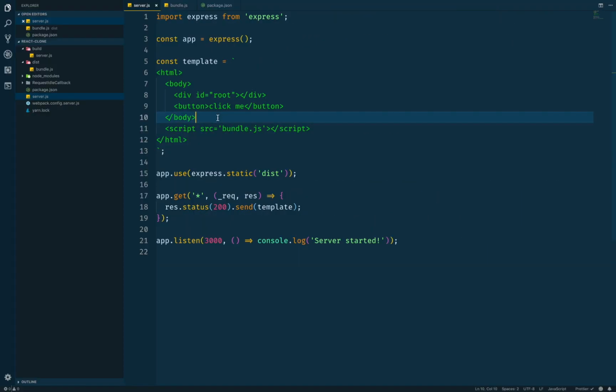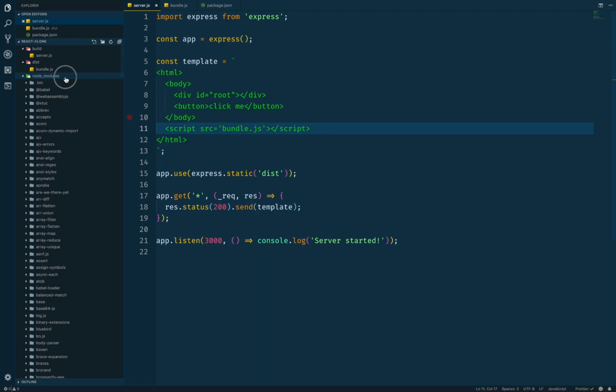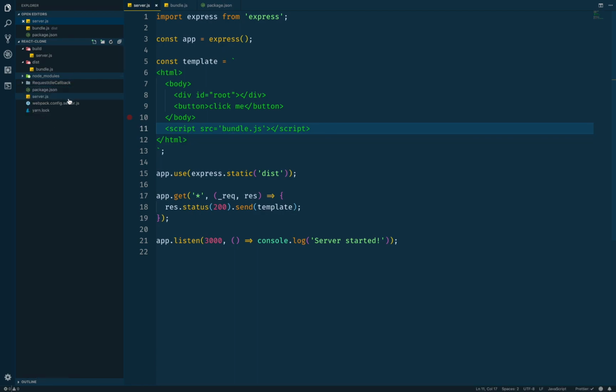Nice. Okay. Very good. So we have the from browser.js bundle console log. So it loaded the JS bundle just as we expected. It's pretty good. It went smoother than I expected. So we have the server set up. We have our node modules. We have the config for the server. So what we want to do now